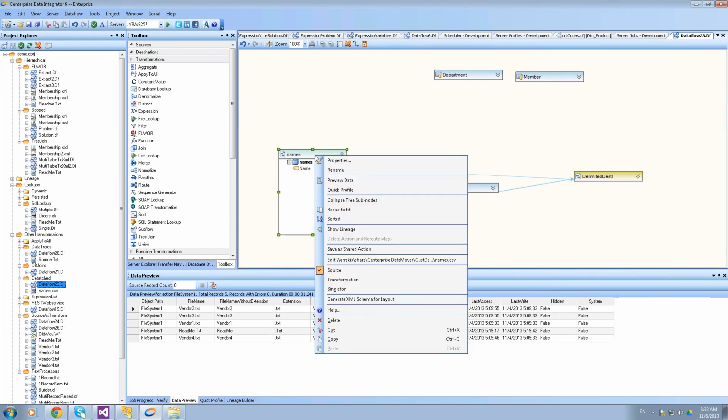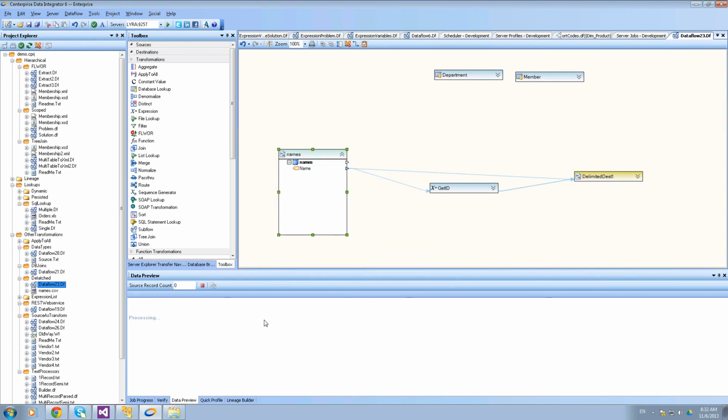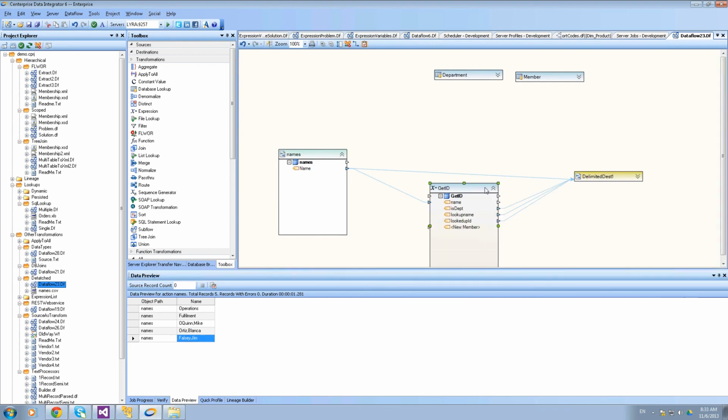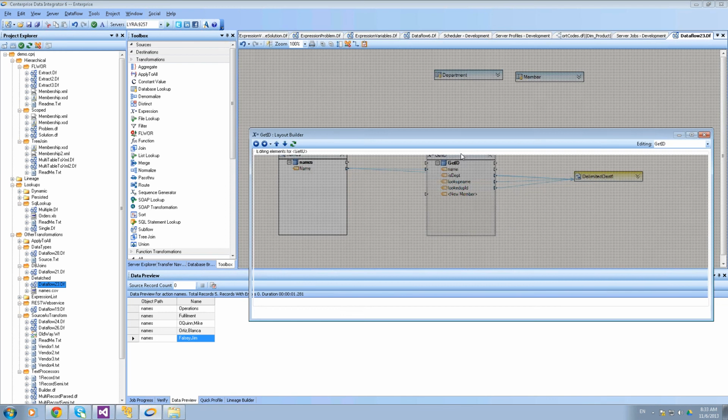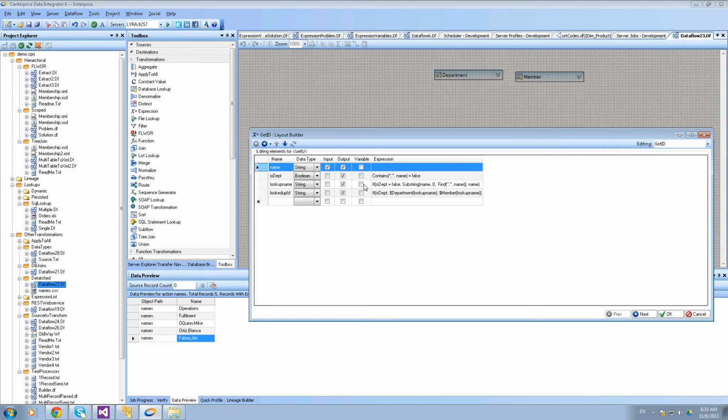So let's take a look at this example where we have data which looks like this. We have a list of names, but you'll notice that there's two different types of names. We have the names of departments, and then we have the names of people. And we can tell the difference because the names of people have a last name, comma, first name format. So we're going to take advantage of that knowledge to use an expression to determine what we